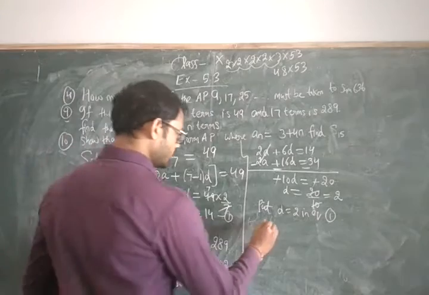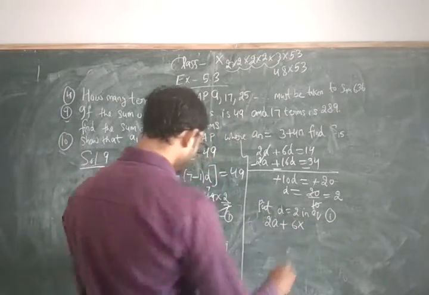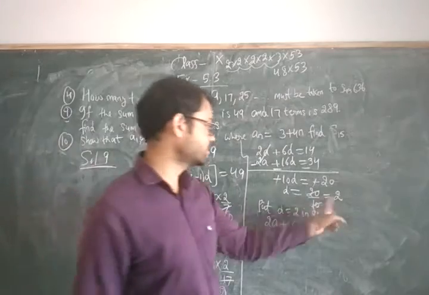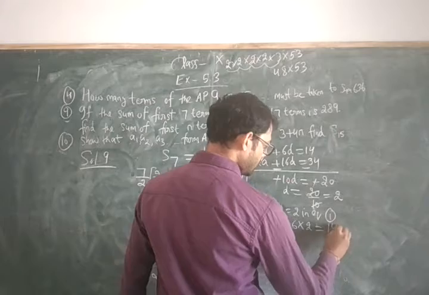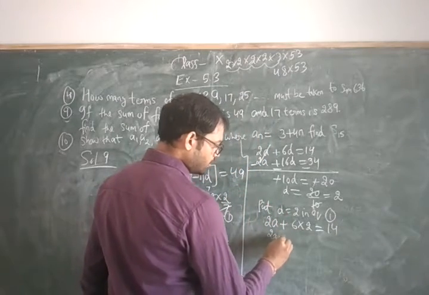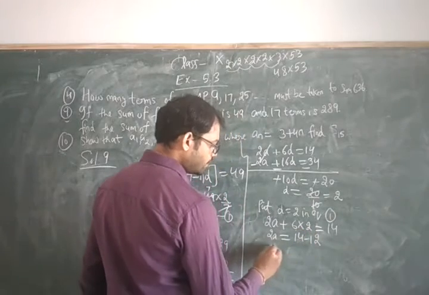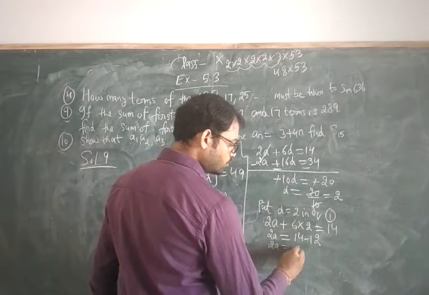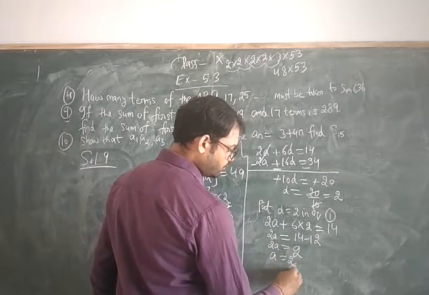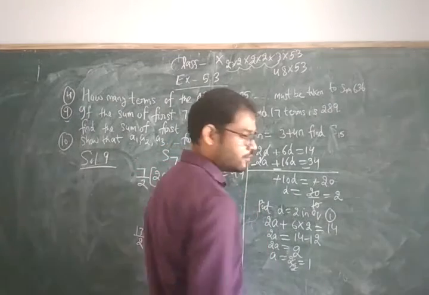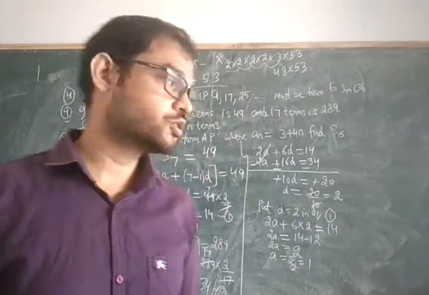फर्स्ट इक्वेशन इज 2a plus 6 into d. d की वैल्यू कितनी है मेरे पास 2, and that is equal to how much 14. So 2a is equal to 14 minus 12, and then 2a is equal to 2, and a is equal to 2 upon 2 means your a will be 1. You have a also, you have d also, and the